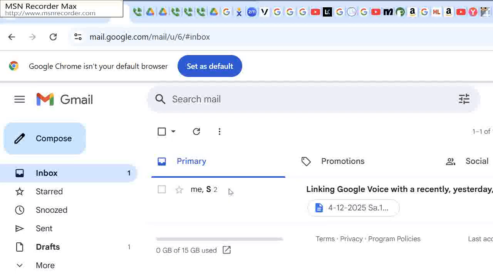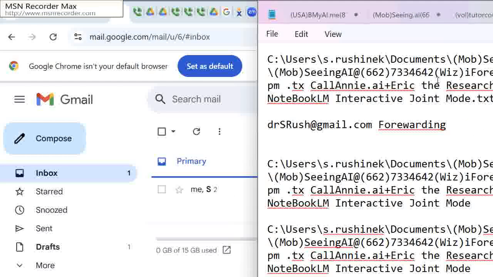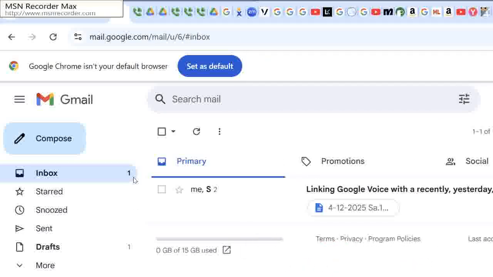So another thing that you can do is send an email to yourself with a document that articulates what are the issues and also upload it to the Google Drive, but send it to another email address so in case they cause you not to be able to log in, I copied it from the notebook and now I'm going to